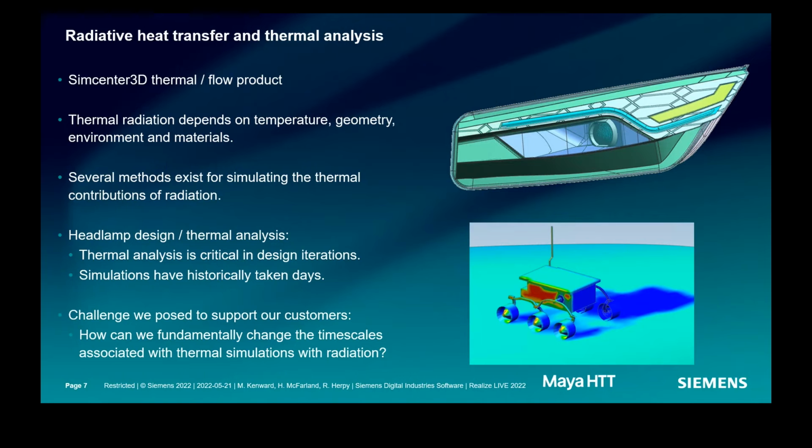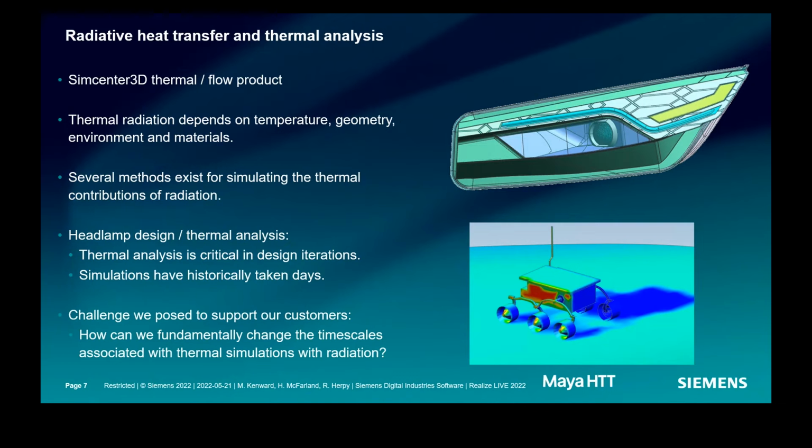Thermal radiation is really an artifact of electromagnetic radiation being incident upon any object, whether it's a headlamp, or you standing out in the sun on a nice summer day, warming up, or a Mars rover on the surface of Mars. In a headlamp, you have a number of lighting components, and those components produce electromagnetic radiation, which is then reflected and refracted and bounced around inside the headlamp, thus heating up all of the constituent components, including the LEDs and circuitry and materials itself.